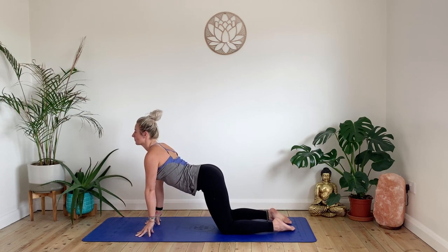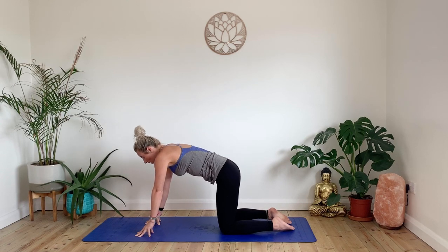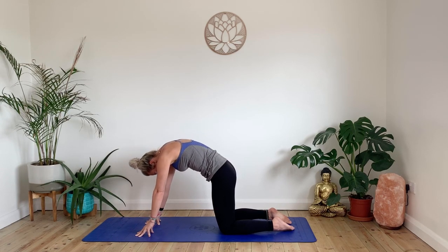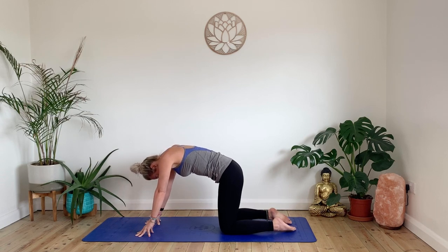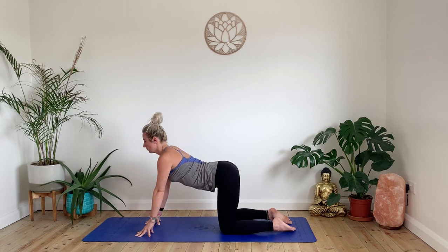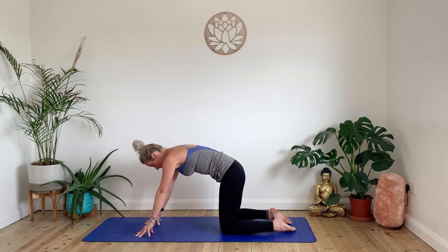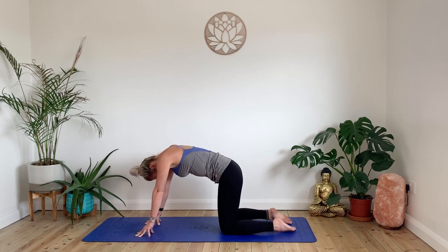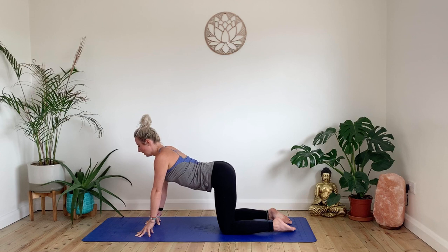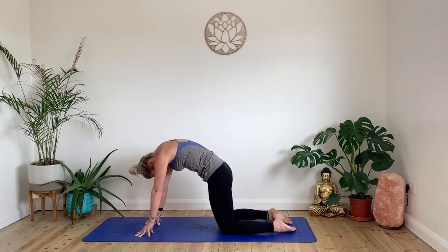Inhale, lifting the chest. Exhale, rounding a bit further this time. So really arching into the back, moving into the shoulder blades, let the head drop. Let's do 2 more of those. And at the end of the next exhale, from here we're going to push back to child's pose again, but